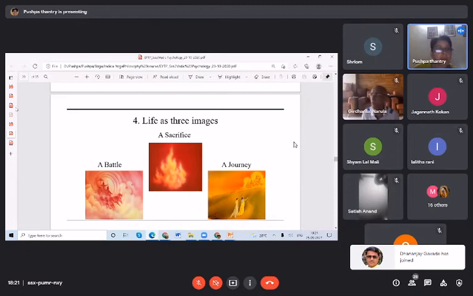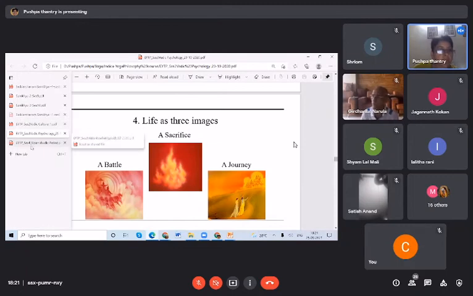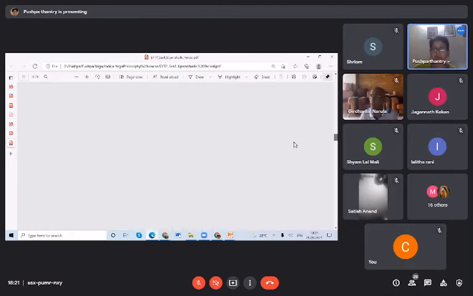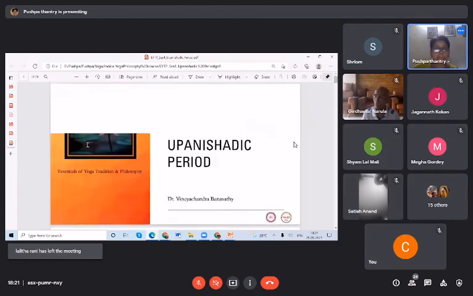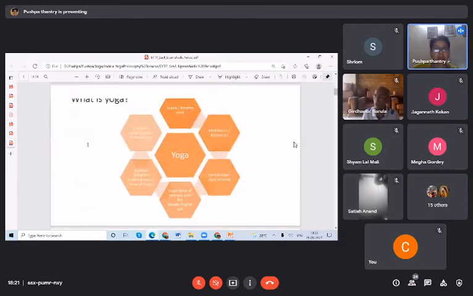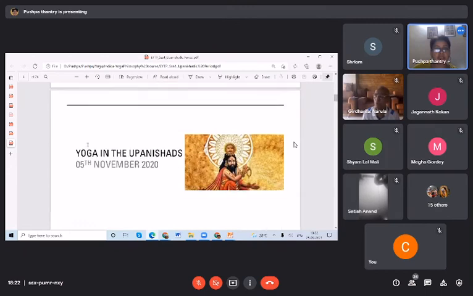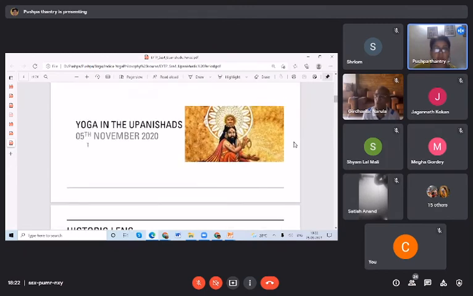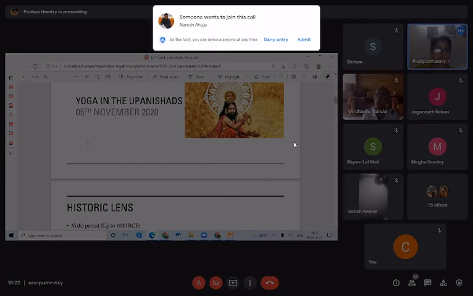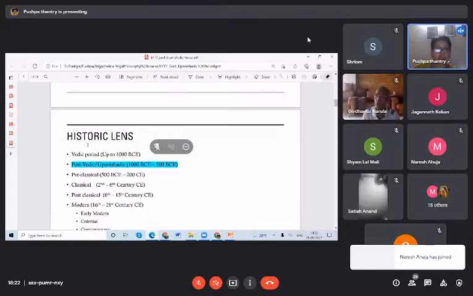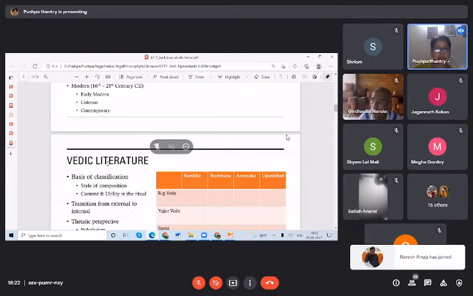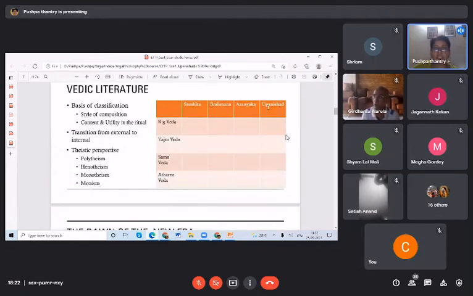Okay, so now I will come to session 4. So again, we revisit this definition, and now we come to the Upanishadic period of the historic lens, right? We are here now, okay? And here, what do we say? As we saw, Upanishad is one of the angas in the Veda, and every Veda will have different Upanishads against it.